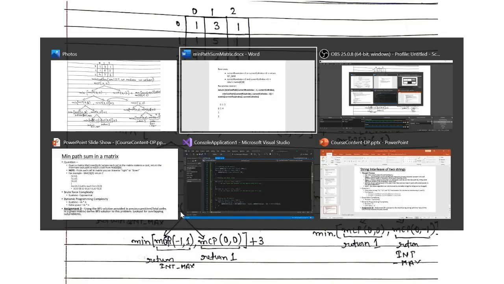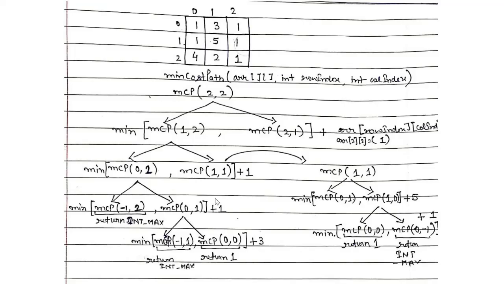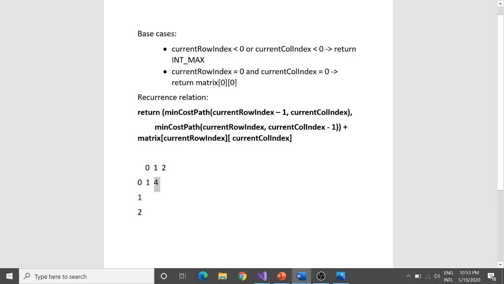So what is the answer to MCP 0 1? It is 4. And what would I be adding to it? I would be adding 1 to it. Why? Because to reach MCP 0 1 I had a min cost path of 4, and to reach this cell 0 2 I need to add this 1 to whatever the min cost path was to reach 0 1. That's why I add a 1 over here. And what would my answer to this subproblem, the intersection of 0 and 2, be? It would be 5. The same way we would be populating our column as well.